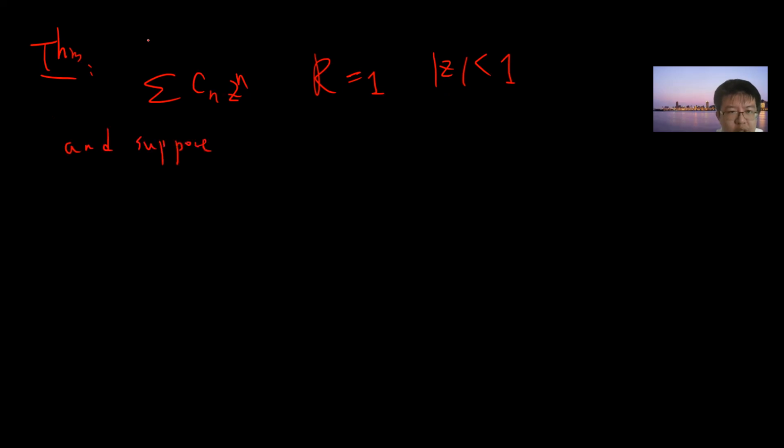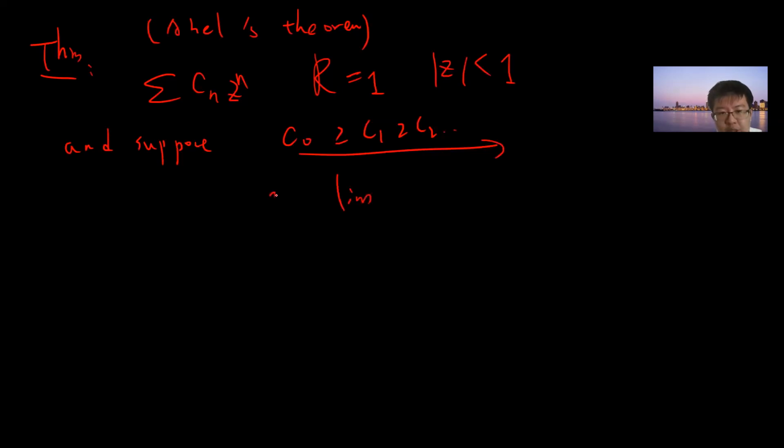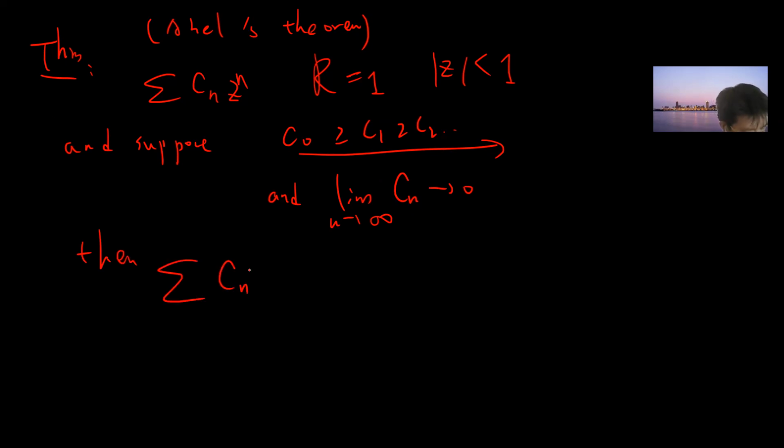Okay, so suppose you get some series whose radius of convergence is 1. So it means that for any z less than 1, this summation of C_n absolute will converge. And suppose, I think this is the theorem called Abel's theorem, suppose C_0 is greater than C_1 is greater than C_2, and so on, so it's decreasing, and C_n goes to 0 as n goes to infinity. So once you have these two, then sigma C_n z^n converges